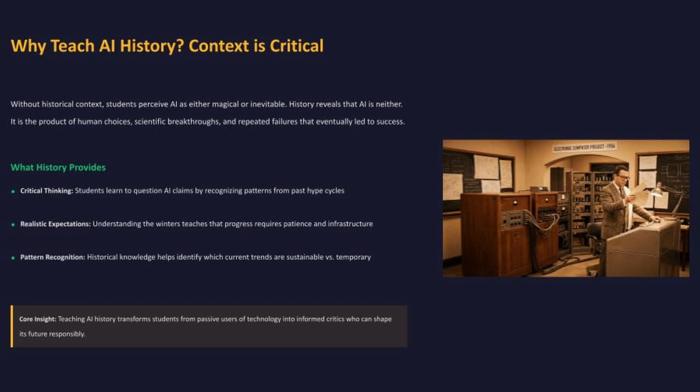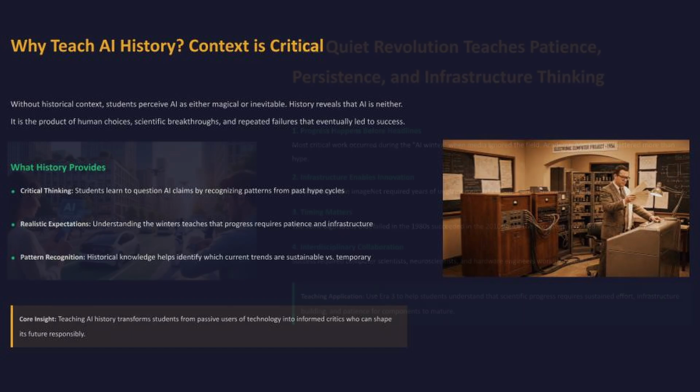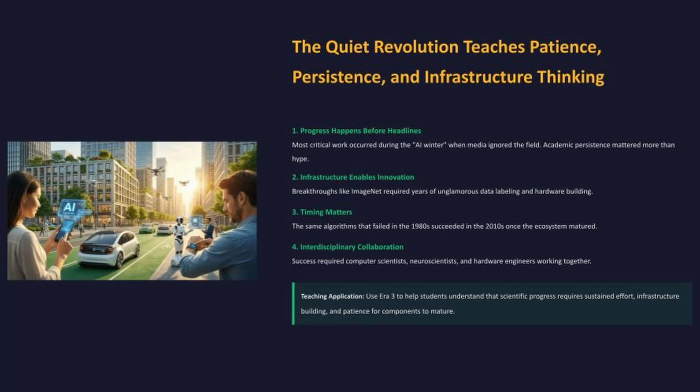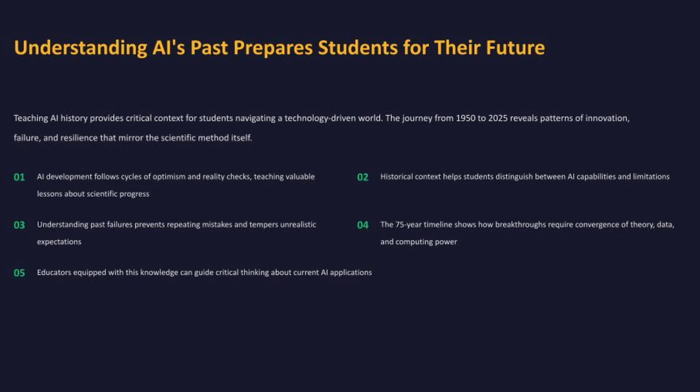So, what are the practical implications of this history for our classrooms right now? What do we do with this history? The most important mindset shift is moving from preparing students to compete against AI to preparing them to collaborate with it. AI literacy is now as essential as digital literacy was 20 years ago. We can use the four eras we just discussed to teach AI history, showing students that progress is cyclical and not magical. We must also emphasize AI's limitations. Students need to know what AI cannot do and why, which helps them understand its appropriate use.